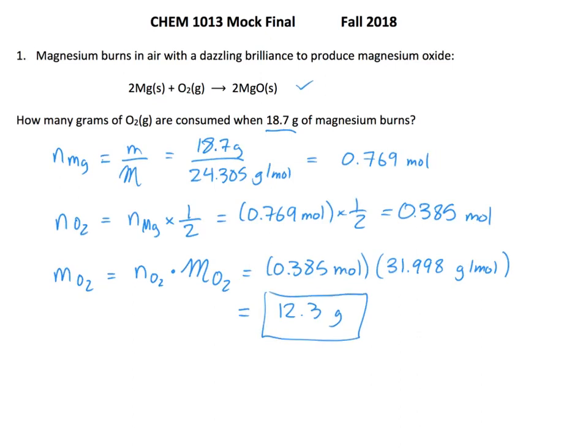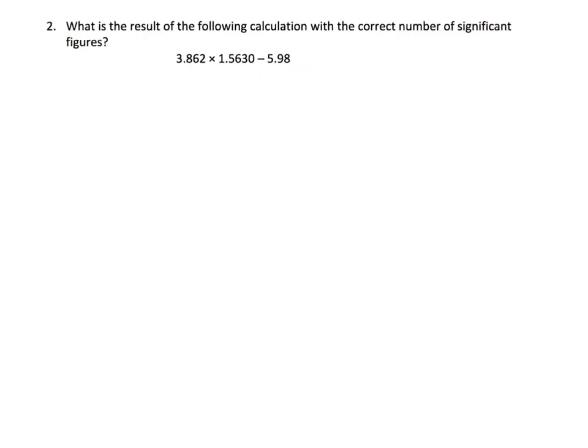That's good. We're going to go to the next question, which is question 2. So question 2 is a sigfig calculation question. We're going to do this according to order of operations, and we're going to calculate the correct number of sigfigs at every step. So the first calculation is the multiplication, and our answer should have the same number of sigfigs as whichever number we're multiplying that has the fewest number of sigfigs, which should be the 3.862. So our answer should have 4 sigfigs. So we get 6.036